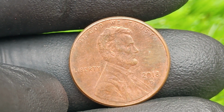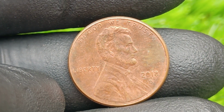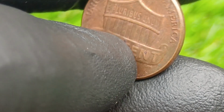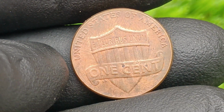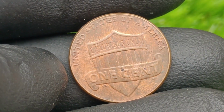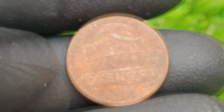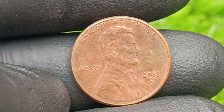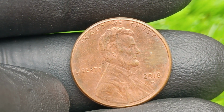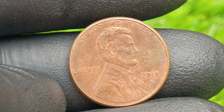This is why the $6 million 2018 D penny has drawn comparisons to legendary coins like the 1943 copper cent, the 1955 double die Lincoln cent, or the 1933 double eagle, because although it's a modern piece, its rarity rivals some of the most iconic coins in U.S. history. And that makes it highly sought after by museums, private collectors, and wealthy investors who want to own a